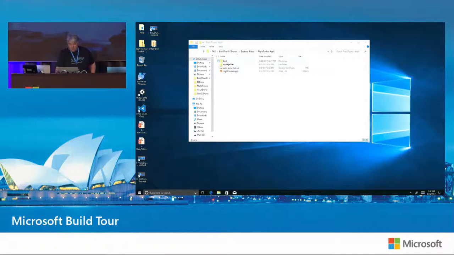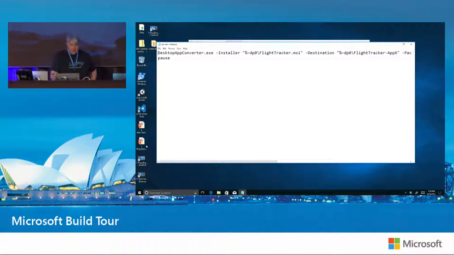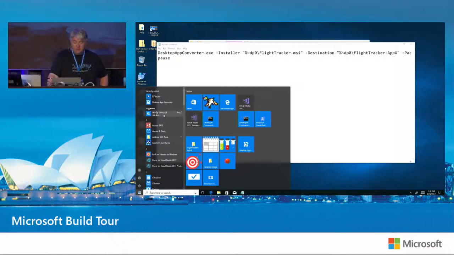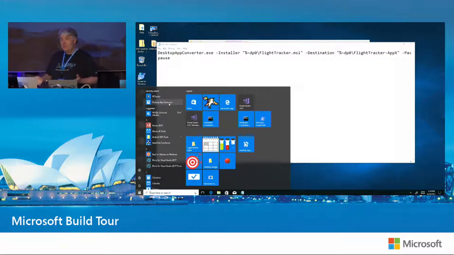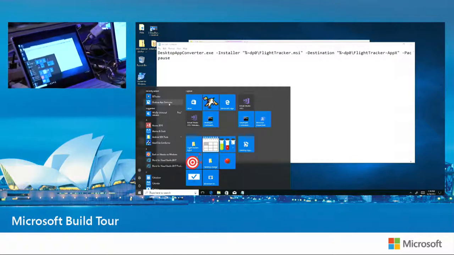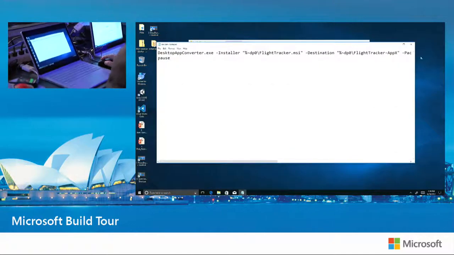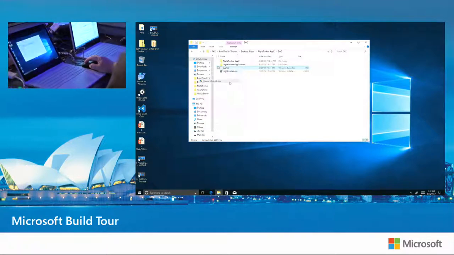Okay, so what we're going to do is look at a script that is going to run the Desktop App Converter. A couple of interesting things about the Desktop App Converter: you install it from the Windows Store, and it's actually a Windows Store application that was created by itself. So it's a command line tool that used itself to package itself to the Windows Store. You install that from the Windows Store, and we're just going to